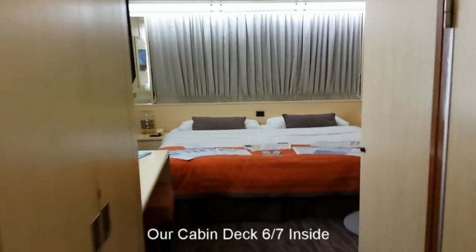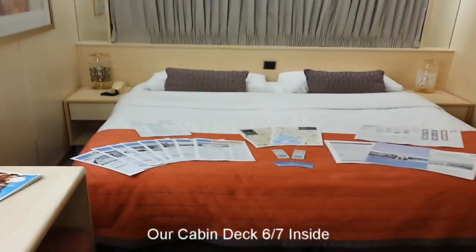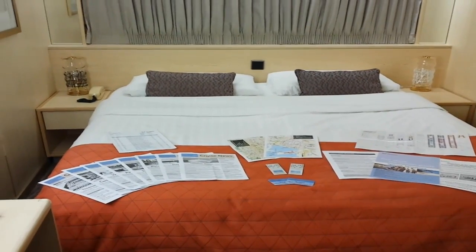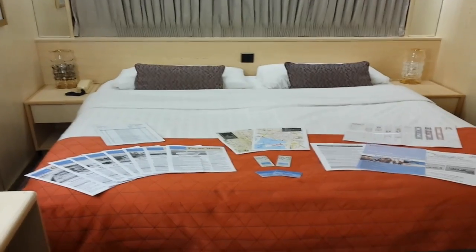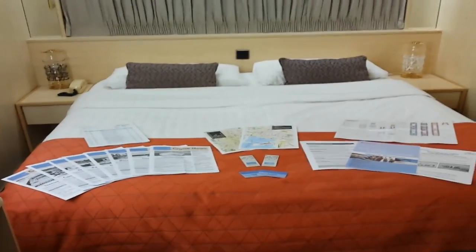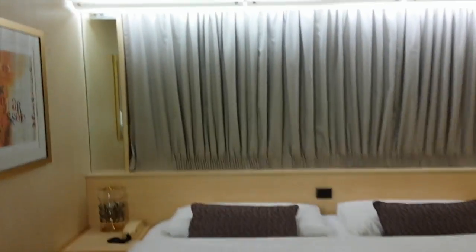So here's our cabin. It's a deck 6-7 inside cabin. It's in a double bed arrangement. You can get them with 2 singles alongside the walls and the drawers in the middle, but this one is set out in double bed. So we'll have a look at the paperwork on the bed in just a second, but I'll show you around the cabin first. So this is an inside cabin, so there's the illusion of a window behind the bed, but